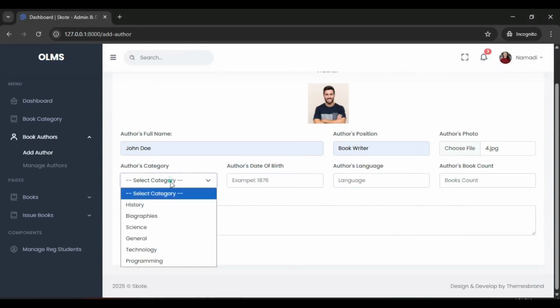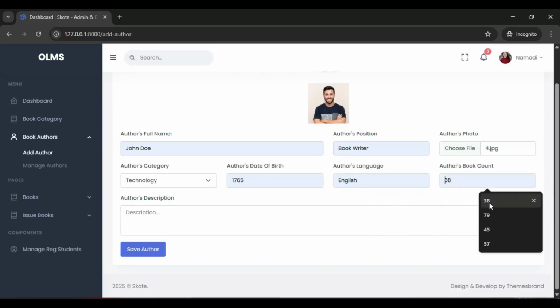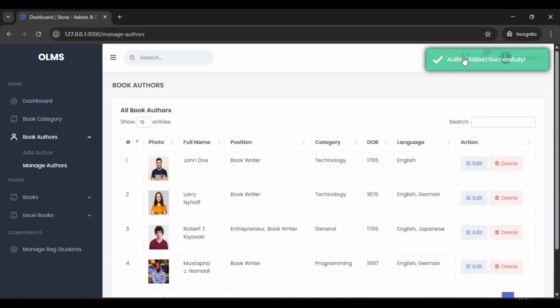Alright, and we can select the author's categories from our available categories right here. Let's say technology. We have the author's date of birth. Let's say 1765. Language, we can select a language for the author. We have the author's book count, meaning the total number of books published by the author, and we have the author's description right here. So you can go ahead and enter some descriptions. Let's say this is the description, like so. And now if you go ahead and click on the save authors button, then our author should be saved. Alright, perfect. As you can see now, author added successfully, and here we have our author, John Doe,